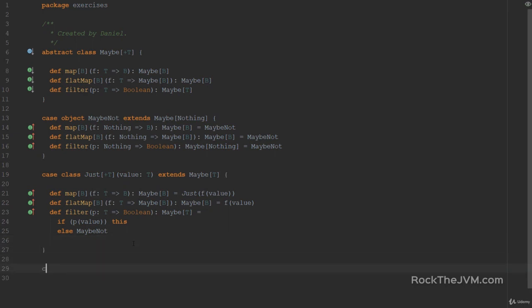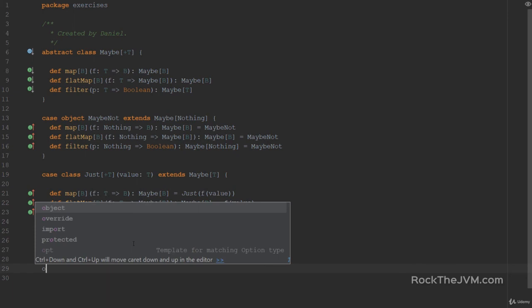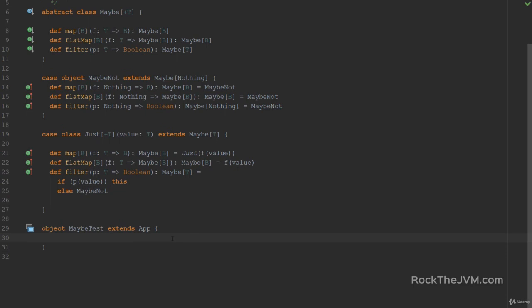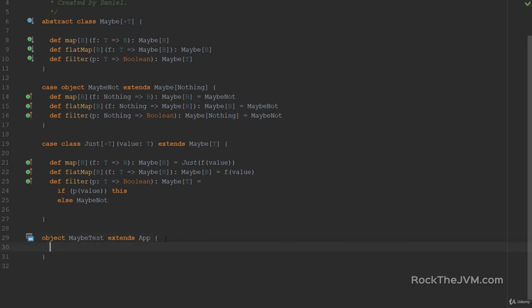Let's write a simple application to test our code. So object, let's call this MaybeTest, extends App, which will make our code runnable. All right, now MaybeNot is not so interesting, because map, flatMap, and filter will simply return MaybeNot. So there's nothing really to test. So let's say we have a value called just3, and we'll just construct a Just object with the value 3. And let's print